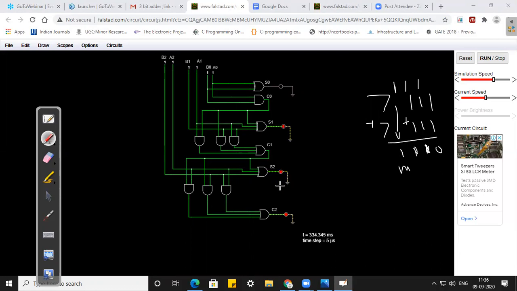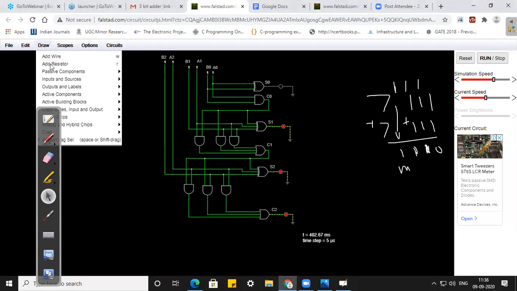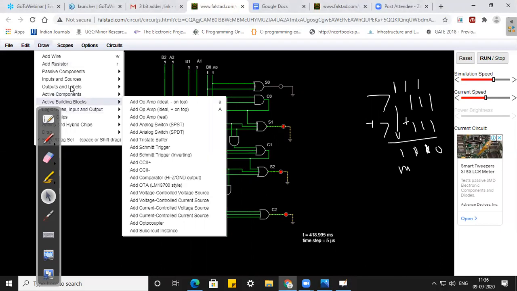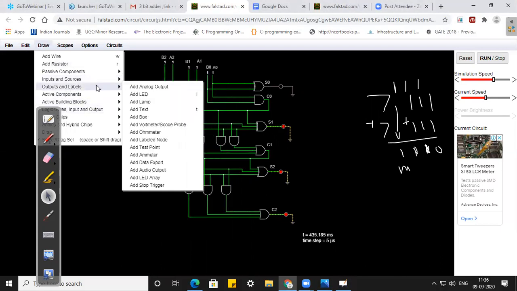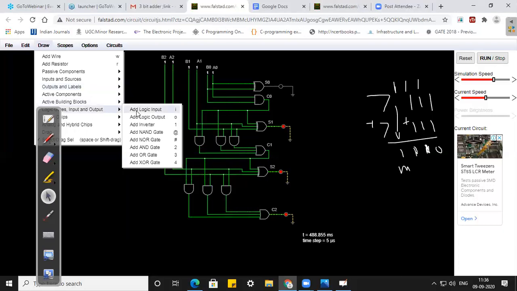You will see LEDs connected at the output side. From where do you get LEDs? You get them from input output, output labels, and add LED. So you can add LEDs at the output side, or you can get the logic outputs in the form of high, low, or 0 and 1.